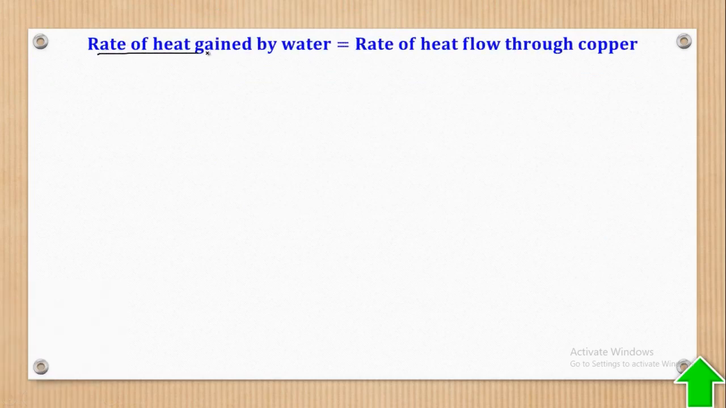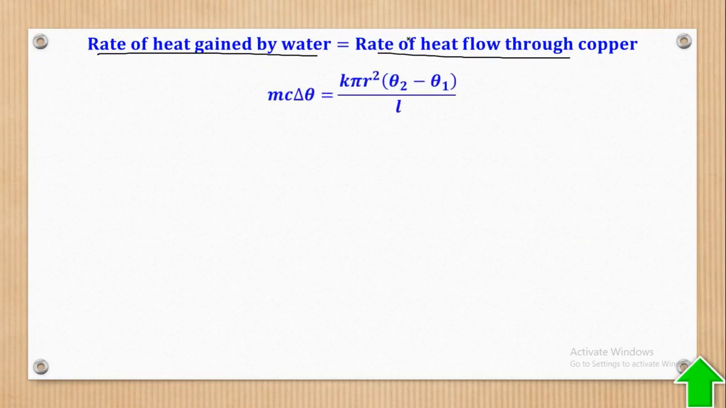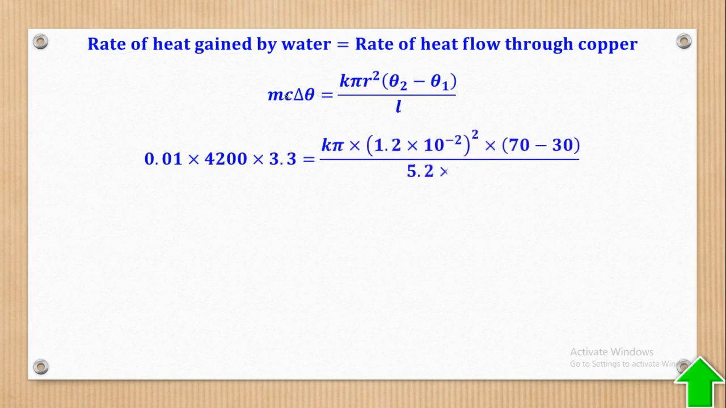So rate of heat gained by water is equal to rate of heat flow through copper. Therefore rate of heat gained by water is mc change in temperature, and rate of heat flow through copper is KA, where A is pi r squared, the area, change in temperature over L, which is the thickness. So I'll substitute for m. I've already got it as this. c is that constant, this is that given in the question. This K is not known, pi is there, r is there, change in temperature is that, and thickness